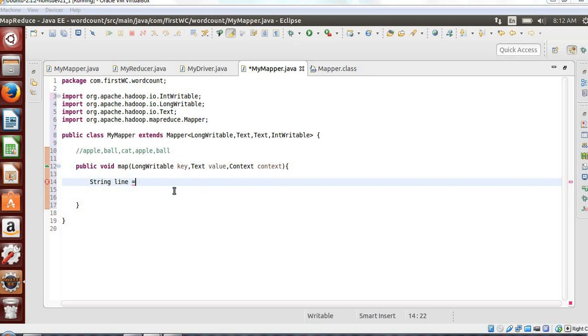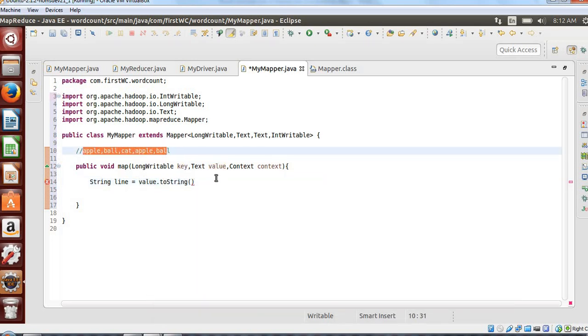This value is in text format, so we'll convert it into string. How will we do that? I'll say value.toString, a common method to convert this. So this line will be converted into a string.